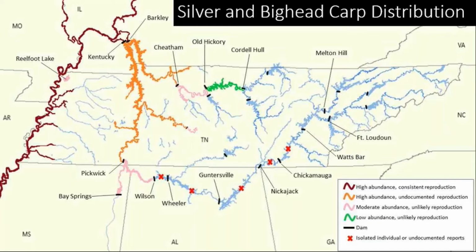Okay, we're going to focus in a little bit more on what's going on in the Tennessee and Cumberland. So on your far left, those deeper, darker colors are showing reproductive established places. And if you come up to the top left corner, and then you see the orange, there's high abundance, undocumented reproduction. We had a lot of fish in 2015, but we have not in the Tennessee and Cumberland. So the Tennessee would be the one that's almost going at 6 o'clock, and the Cumberland would be the one a little bit right of that. We have not documented